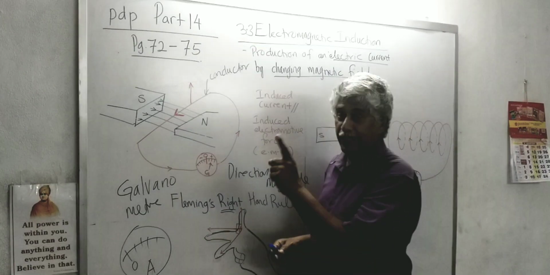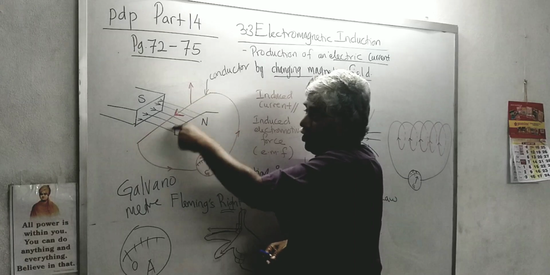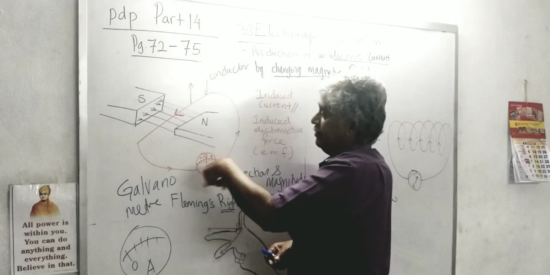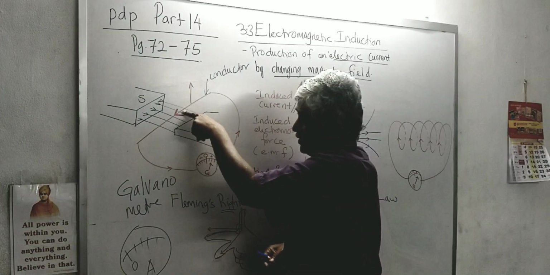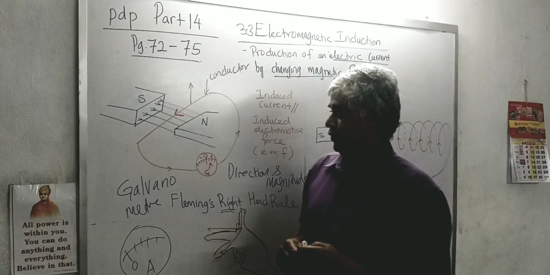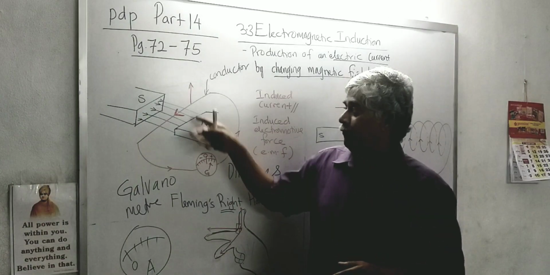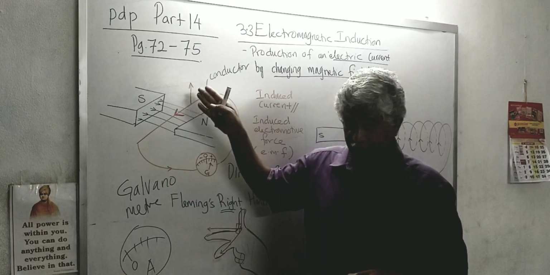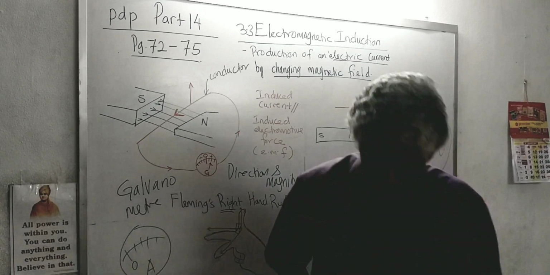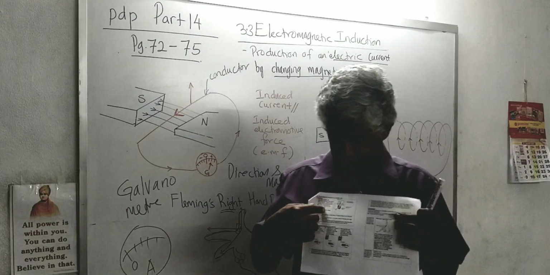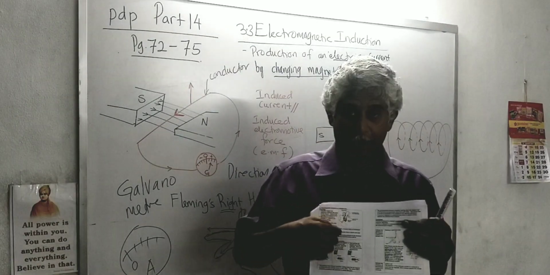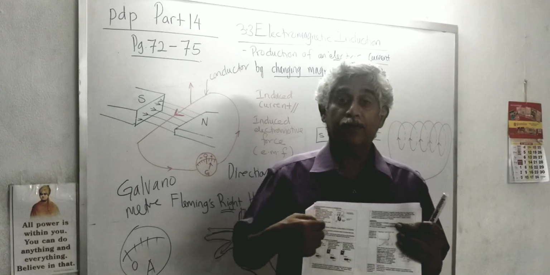The direction of current is actually between the magnetic field, not over here. Of course, the current goes here, you will see the direction, but we see the direction here either this way or the other way. So first what we do, if you move up and down, you are cutting the flux. If you look at page 73, there they show you two ways. One is moving up and down, the other moving parallel to the flux.